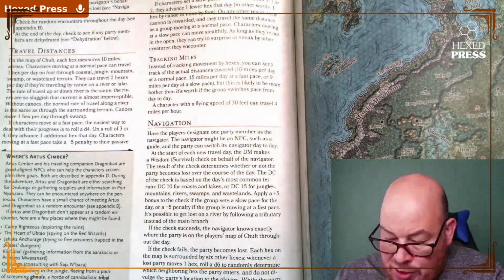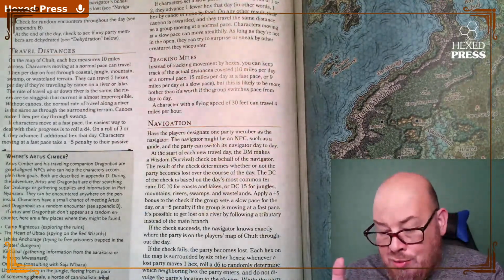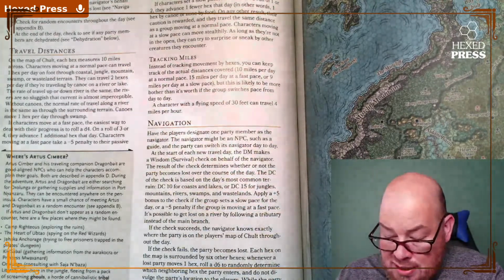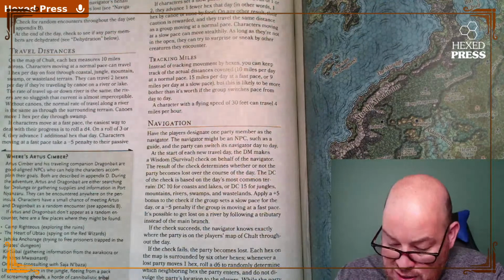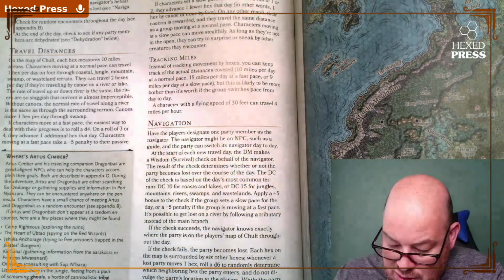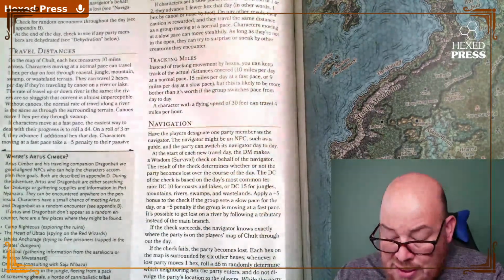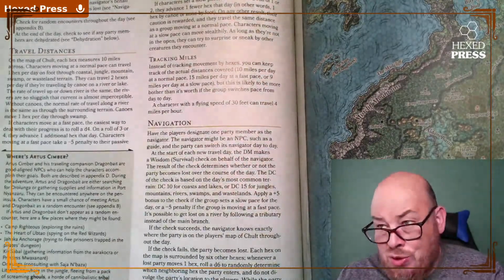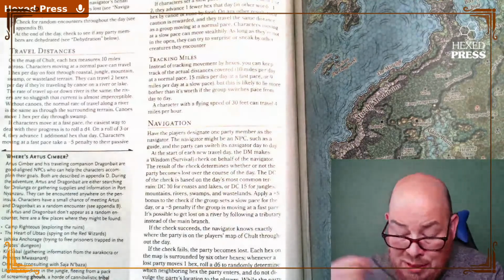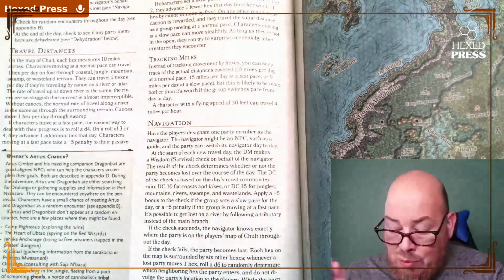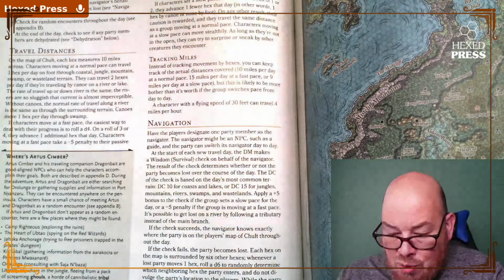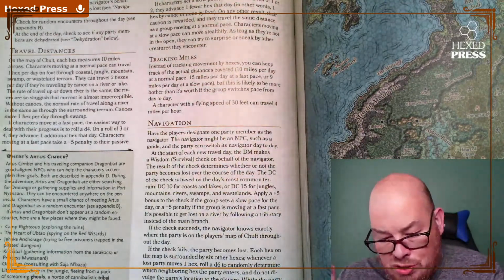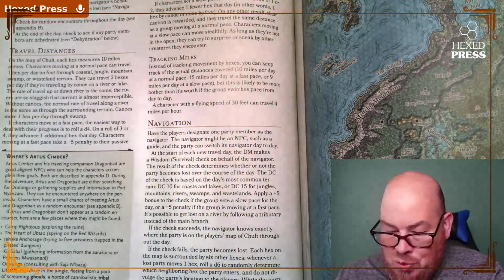I think there is one element here that you may or may not like as a GM, which is that it seems like this is fairly player facing, because the party can't... I guess they're assuming they have a map. Maybe they get a map somewhere early on. I don't remember in terms of the adventure if they get a map, but let's assume they have a map. As soon as they're lost, if they ask, "Hey, where are we on the map now?" you're like, whoop. So they're going to know pretty soon that they're lost,